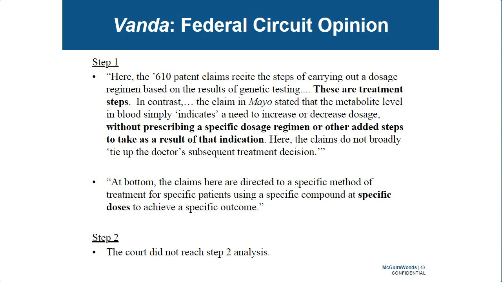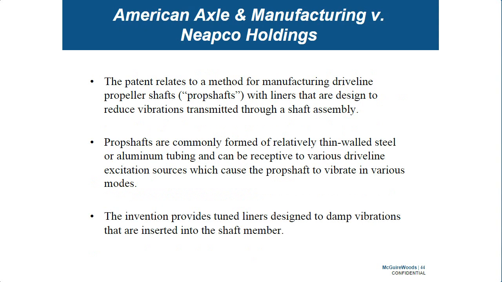So that takes us to the most recent case, the American Axle case, which is actually not a life sciences case at all. All right, but this case has created a lot of concerns with the biopharma industry